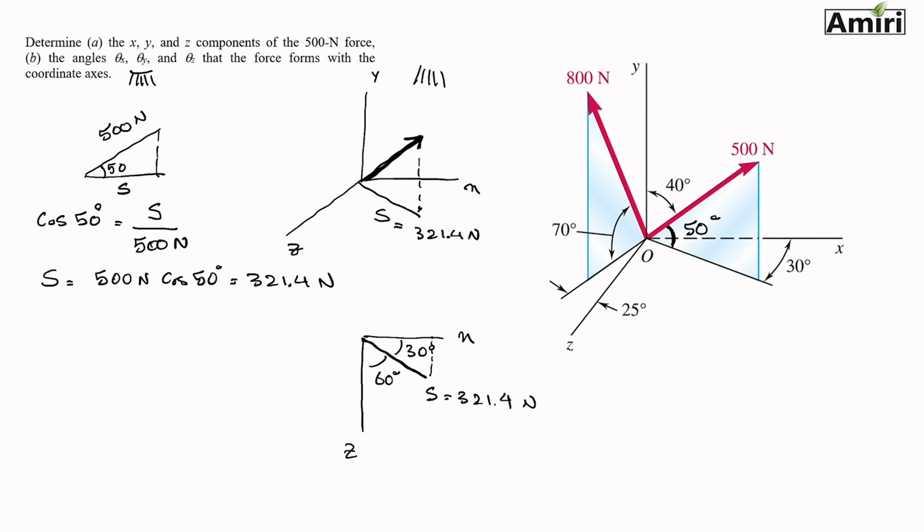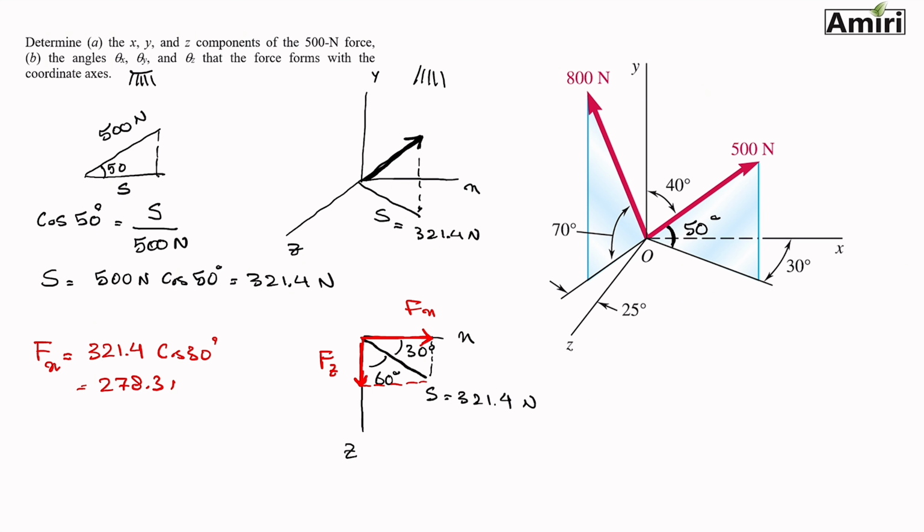If I go parallel to the z-axis, I have Fx. If I go parallel to x, I have Fz, and I can write these two right here. So Fx, it's an adjacent, so it's going to be 321.4 cosine 30, and that will result in